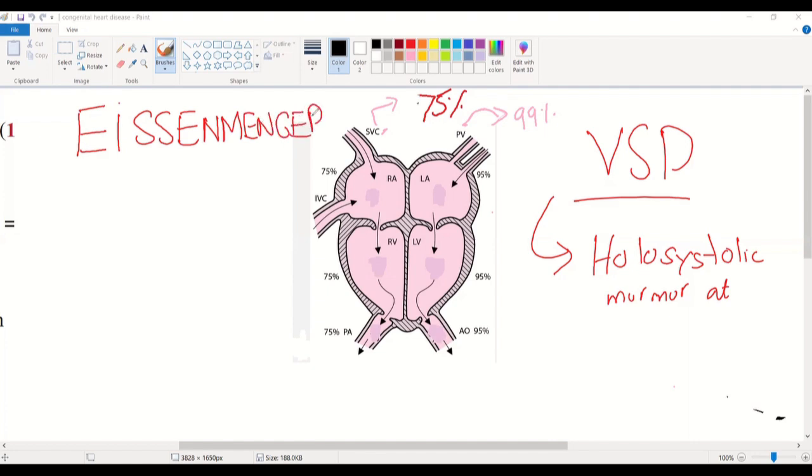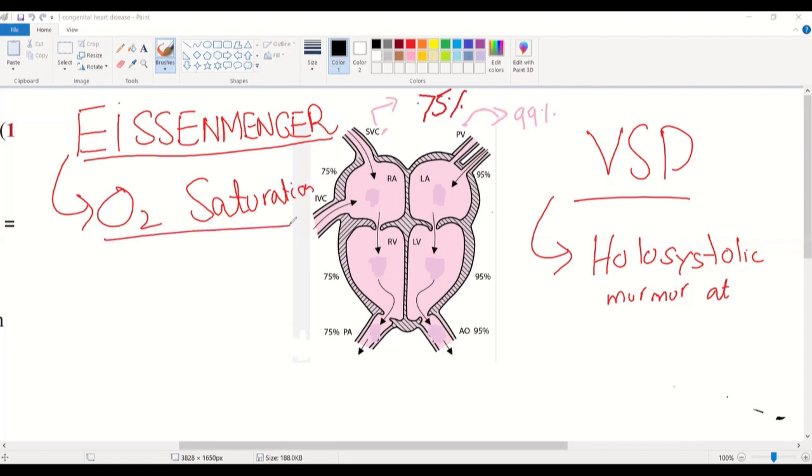I am talking about oxygen saturation changes in Eisenmenger syndrome. I believe oxygen saturation would drop in the left ventricle. Let's suppose initially